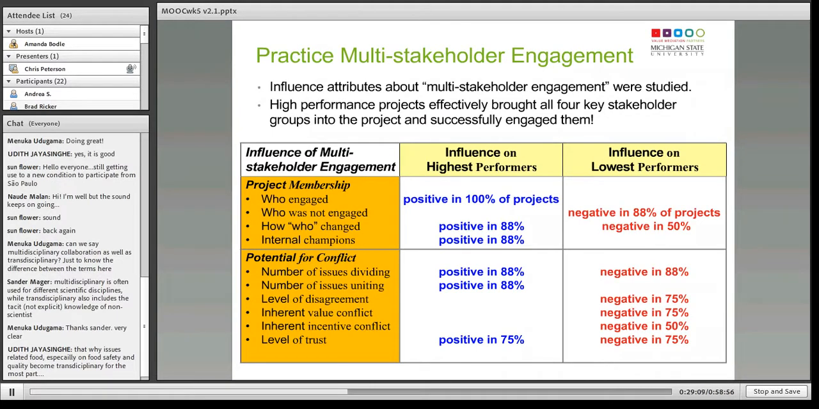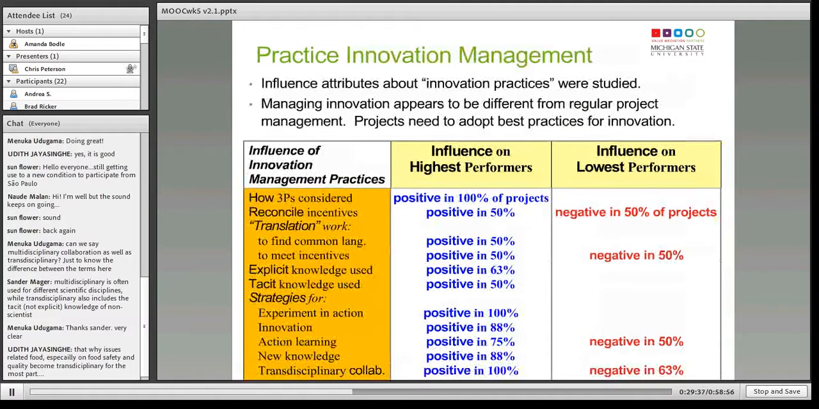So managing the conflict within these kinds of projects that are wicked in nature, as I described earlier in my remarks, becomes absolutely critical to success. The third set of attributes that we looked into was what were the practices in the various projects around innovation